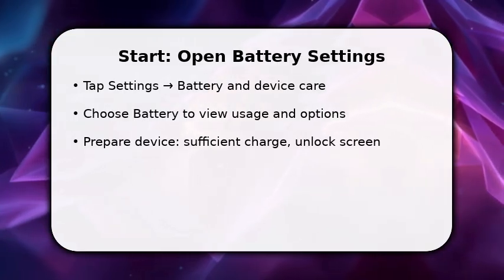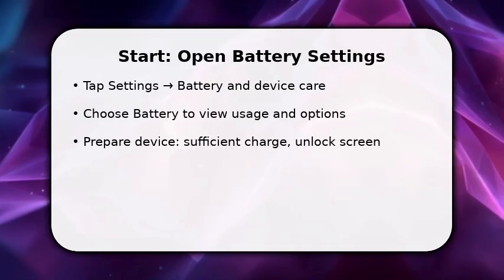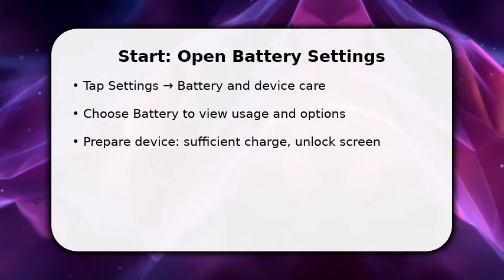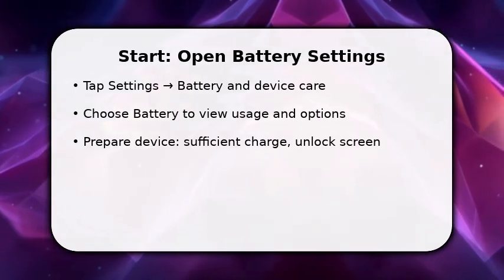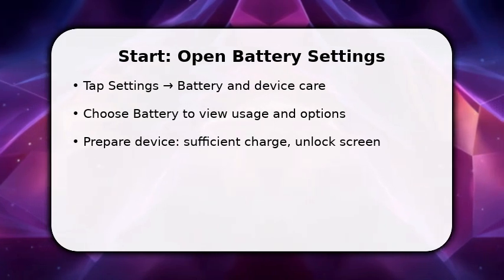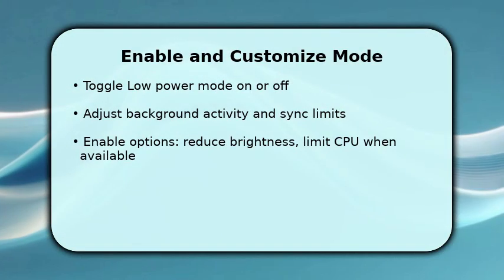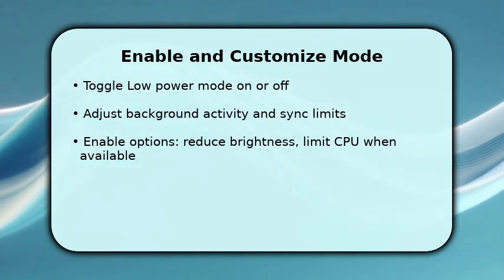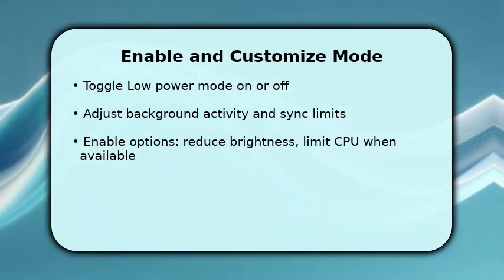Once visible, do not enable other optimizations first. Focus on the Low Power Mode option so you can compare impact and duration before proceeding. Now you enable Low Power Mode and customize what it restricts. You toggle the setting and then tap any available advanced options to limit background app activity, sync frequency, and GPS